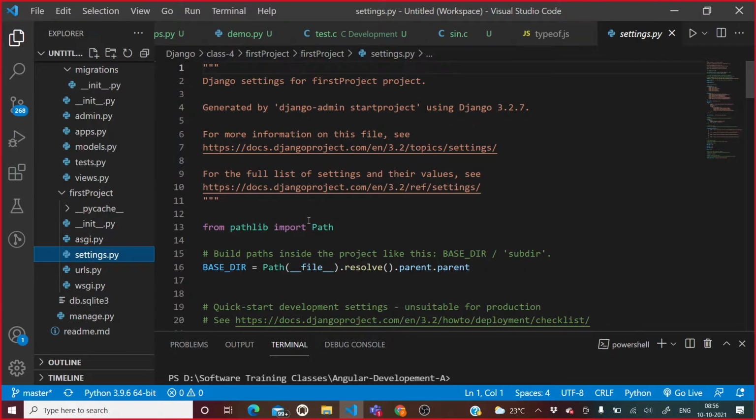We need to find the line of code where all the installed applications are registered. By default there are a couple of applications built into Django.